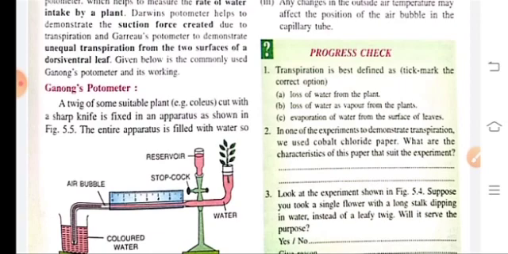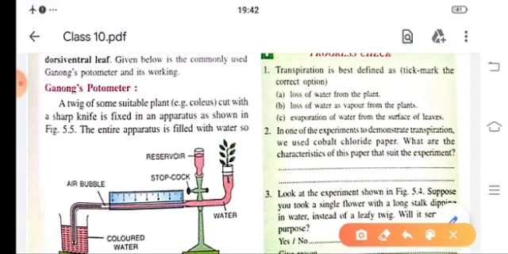In this experiment, first we have taken a twig which is kept in a capillary tube and a beaker filled with colored water. Then an air bubble is introduced into the capillary tube with precaution. When we keep this experiment for some time, you will see a change in the position of the bubble, or the bubble moves from one place to another.